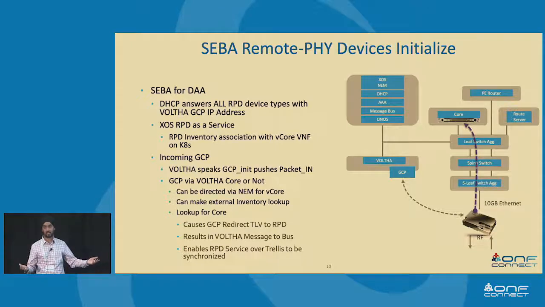You can instantiate it. The vCore will come up in a Kubernetes pod. You know its egress port. Off you go, right? ONOS knows about it, learns about it, and is able to route traffic. Well, what happens in some cases, maybe you need to scale up your vCores, and now it's getting a dynamic mapping. So we need to be able to manage that, right?